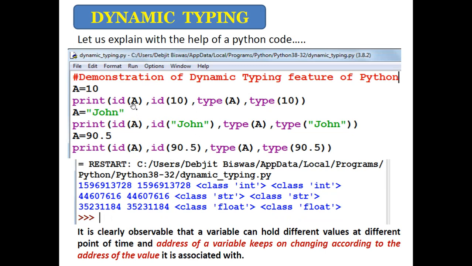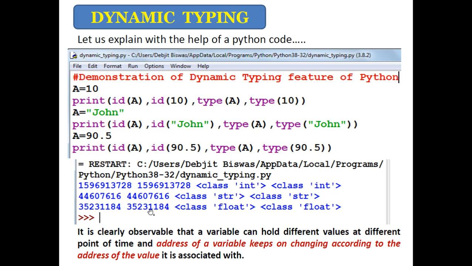Here, what is demonstrated? A variable a is assigned 10. Now let us check the address of both a and 10 and the type of a and 10. What we have seen is that the address of both a and 10 is the same. That means as per this address it is assigned, and the data types of both are also the same. Similarly, when a is changed to John, some other value, the ID of a also changes as per the ID of the address of that value, and the data type is also changing.